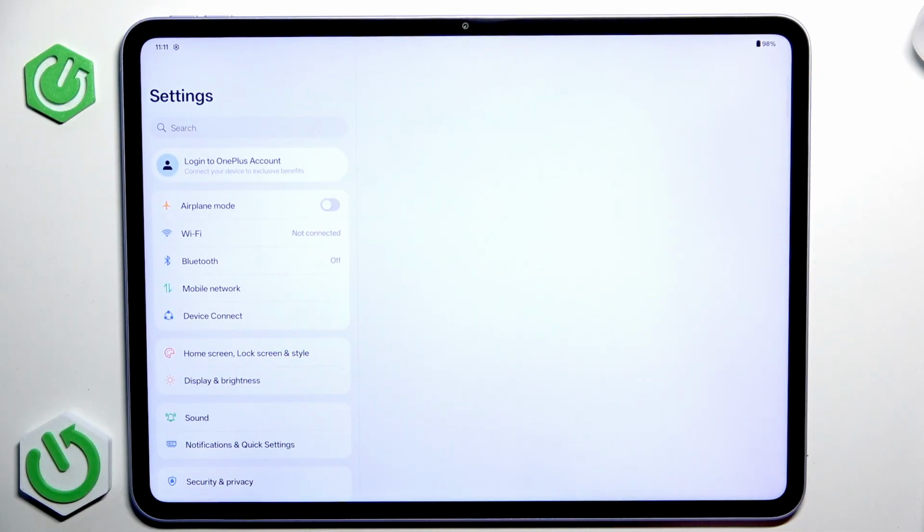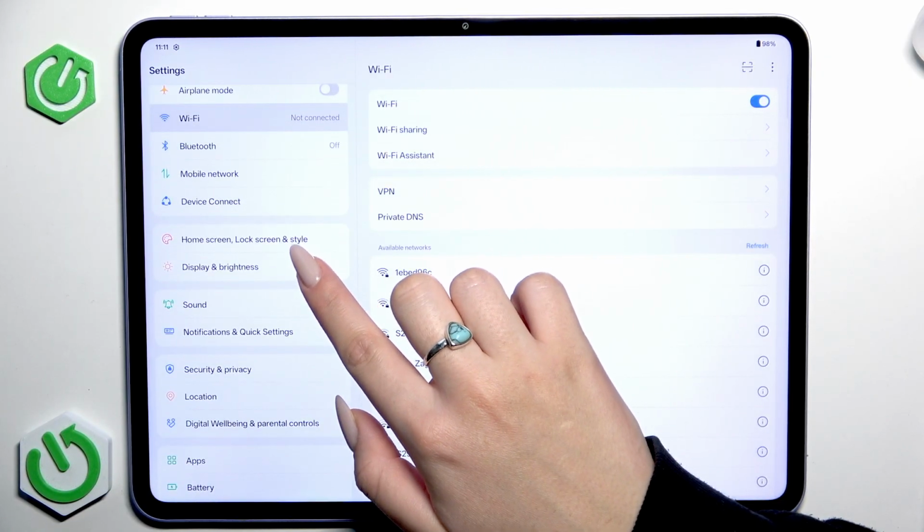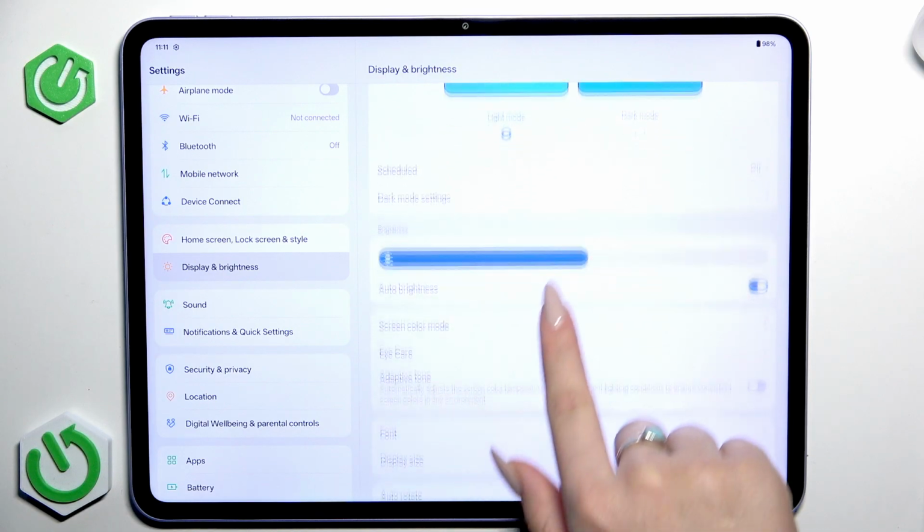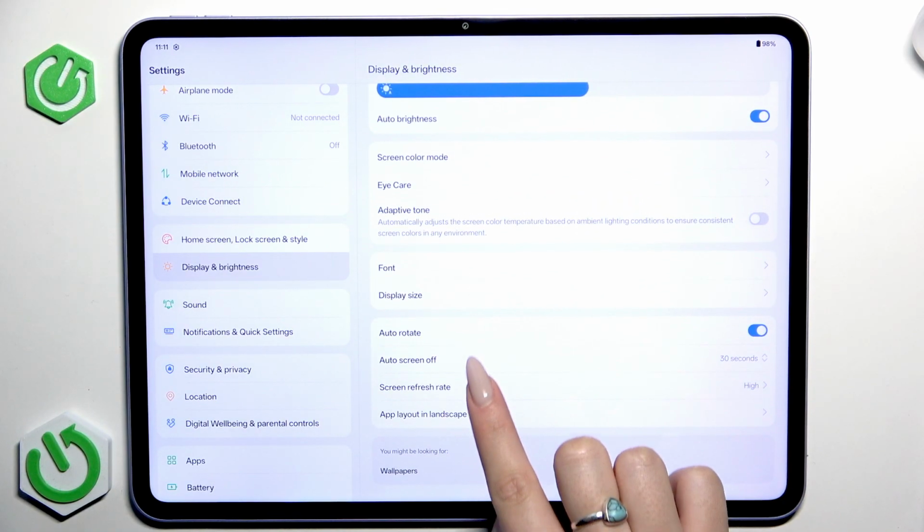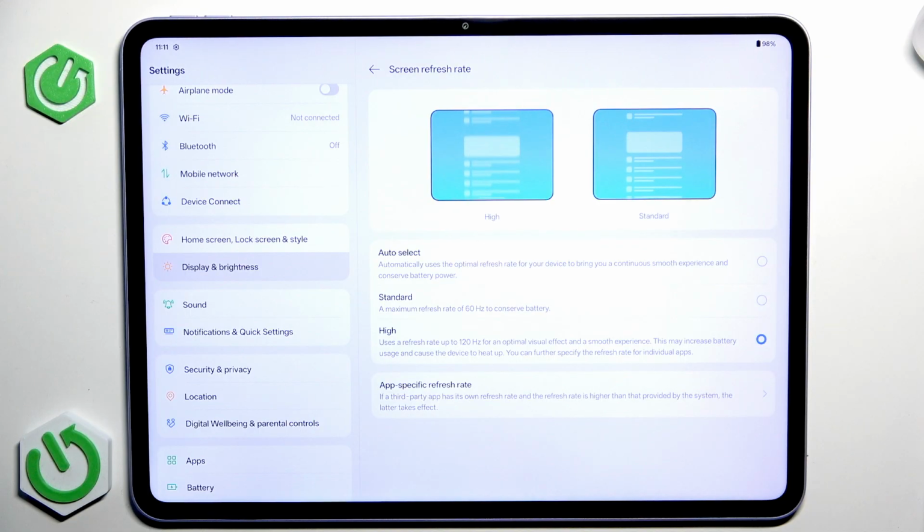Let's start by opening settings, and now we want to scroll to section display and brightness. Now let's find here screen refresh rate, and you want to select from the list of options high option. You can see auto select, standard and high, so let's tap on high. And additionally, if you want to